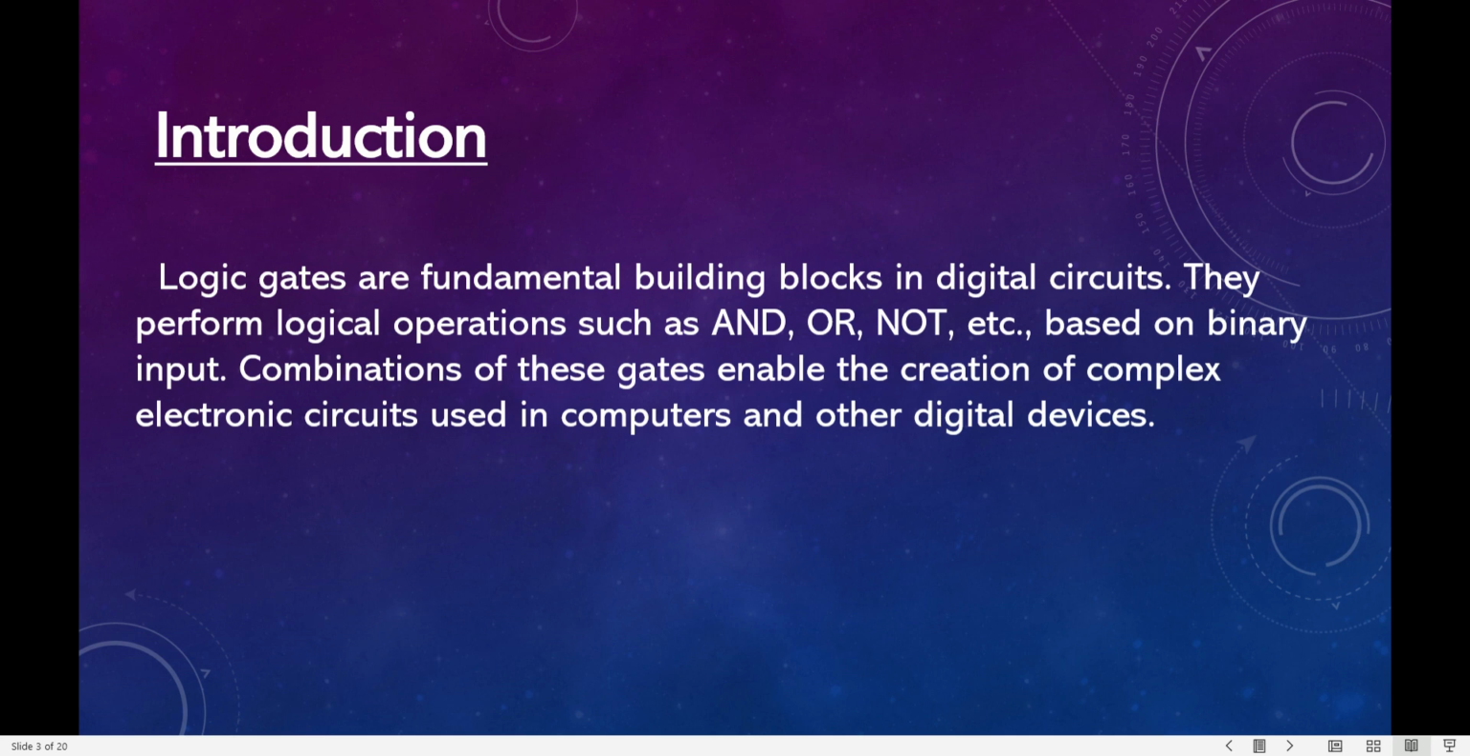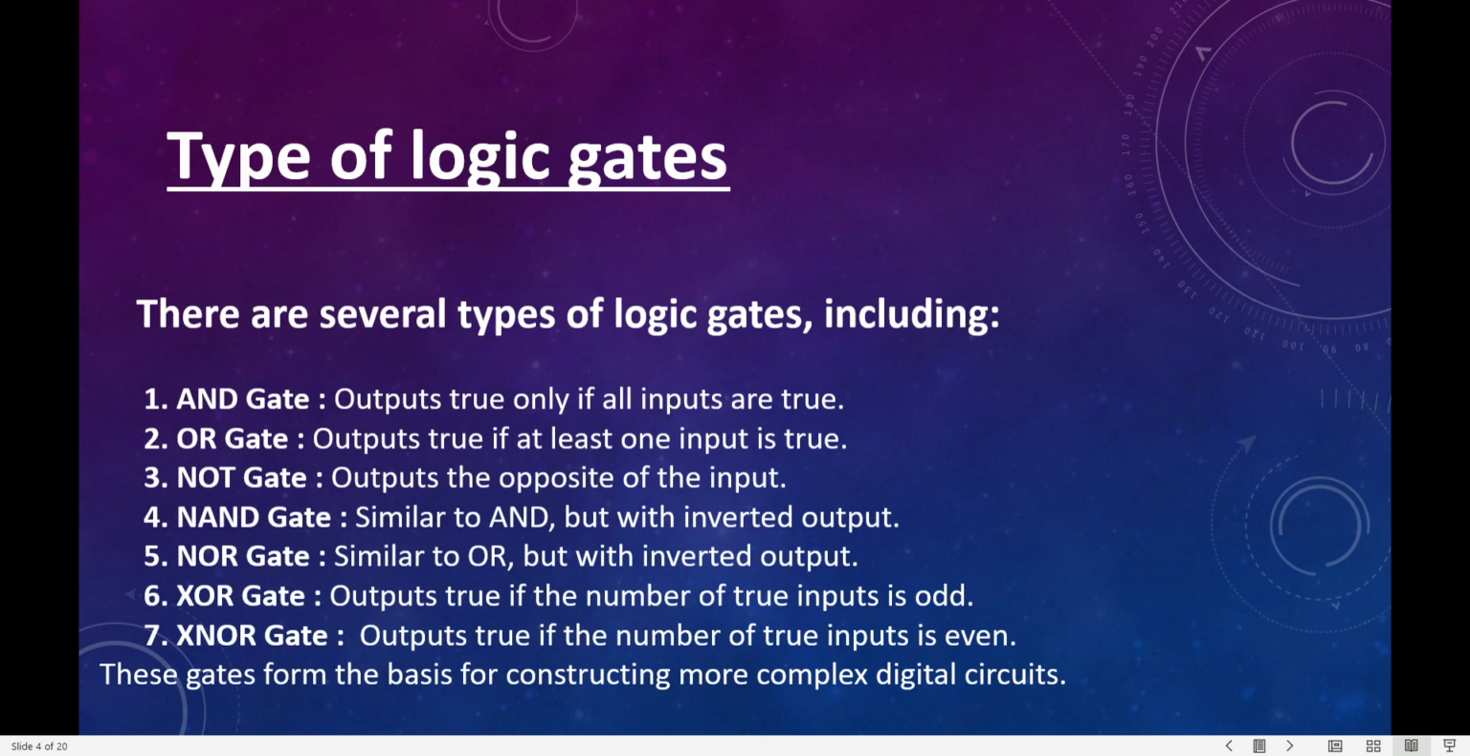digital devices. And then we learn about the types of the logic gates, and there are several types of logic gates, including AND gates. The AND gate outputs true if all the inputs are true, and then the OR gate outputs true if at least one input is true, and then the NOT gate outputs the opposite of the input, and then the NAND gate is similar to AND but with inverted output,